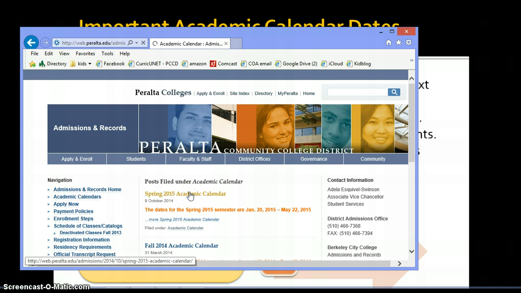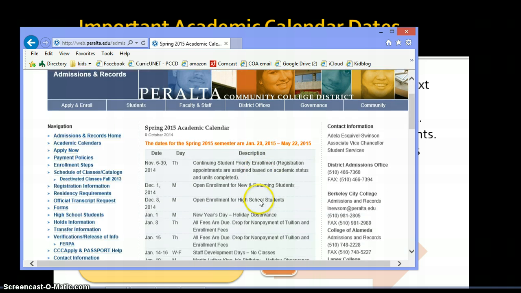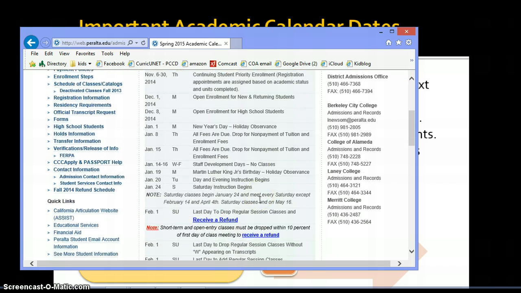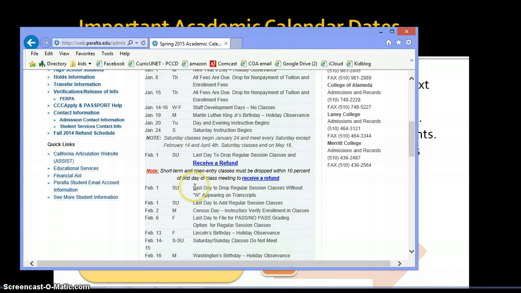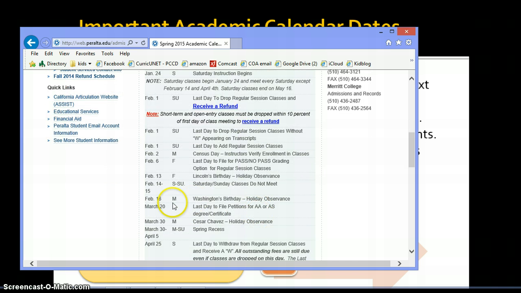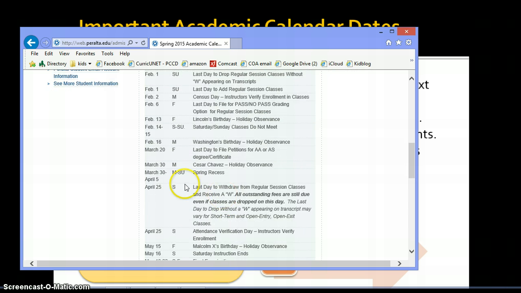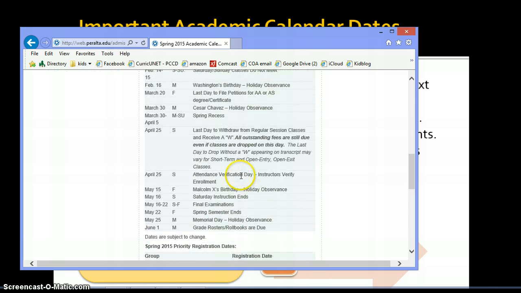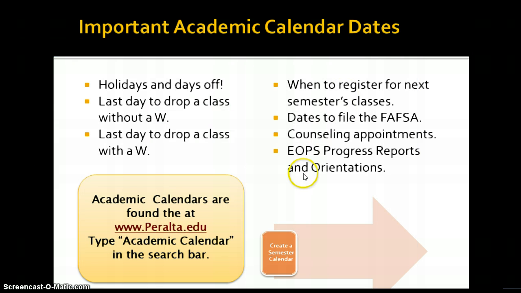I click on this, and here are all the important dates for this semester, including things like the last day to drop without a W appearing, days that we have off, the last day for filing pass, no pass, holidays, spring break, all kinds of things, the last day to withdraw and receive a W. So this is an important piece of information and should be included in your planner so you can plan ahead. Okay,